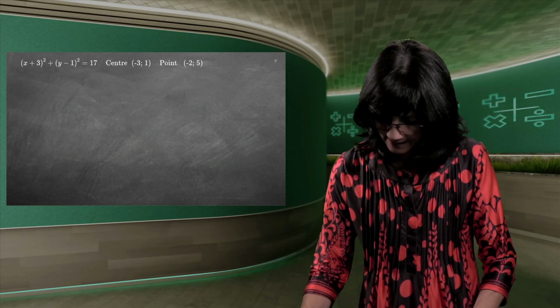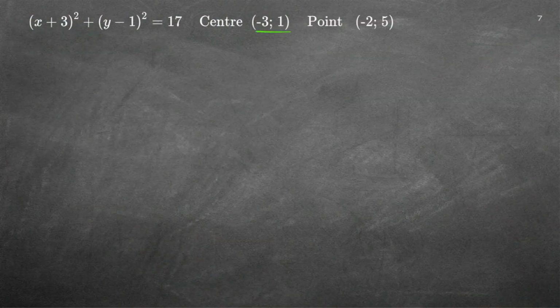Now, why do I need that center? So there is my center. There is a point. And there is my equation. Now, I need to just quickly draw that sketch. Minus 3 and 1 is approximately, I'm guessing, C, center. Minus 2 and 5 is approximately there. So I know my circle is going somewhere around here. There is my point, minus 2 and 5. I think that was the point F.